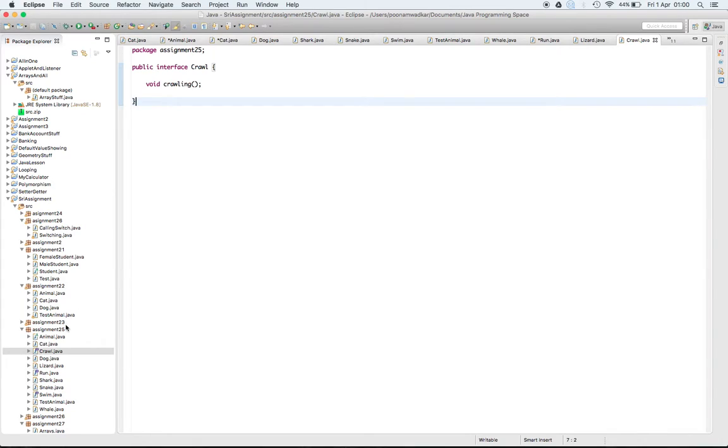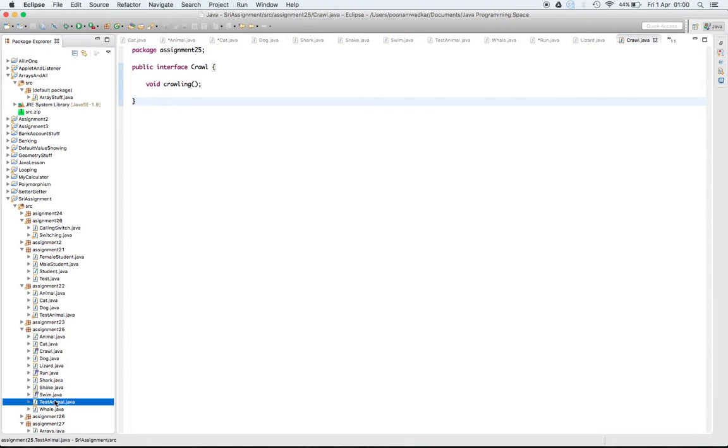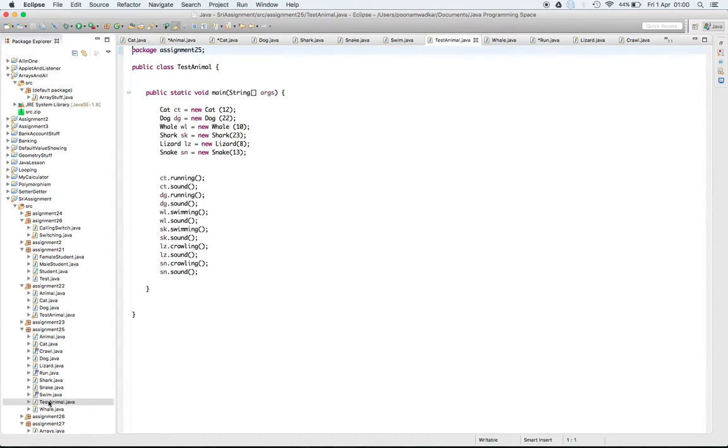Now let's go to TestAnimal. We're going to pretty much create the objects of these classes. As you can see, we have Cat, Dog, Whale, Shark, Lizard, and Snake. Okay, everyone's got a parameterized constructor. So for Cat ct, we've got a new Cat and we put 12. Now this 12,